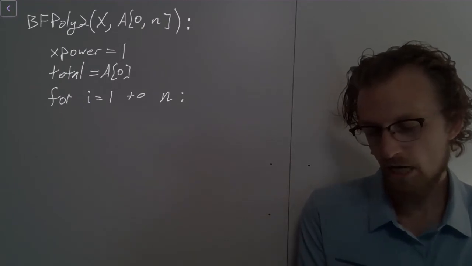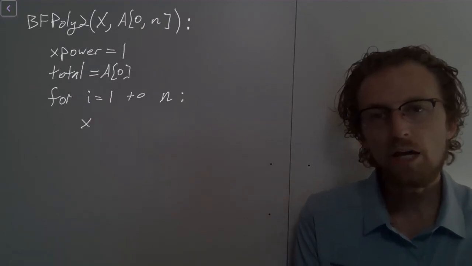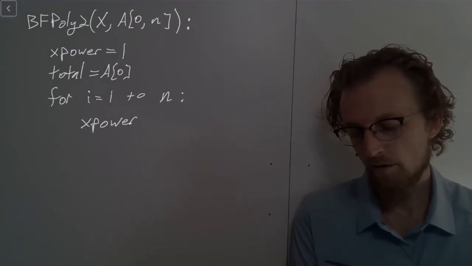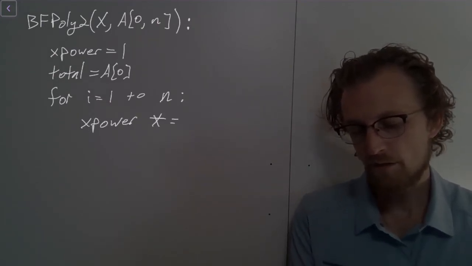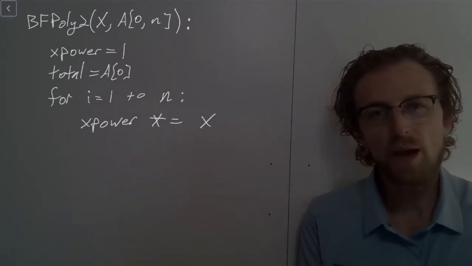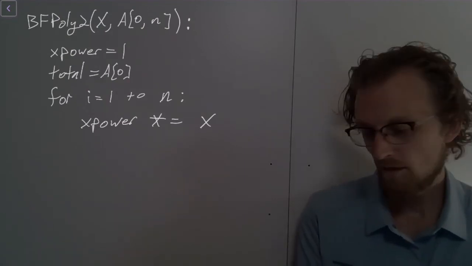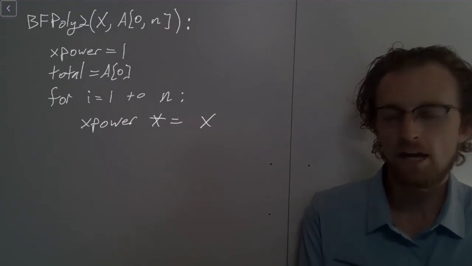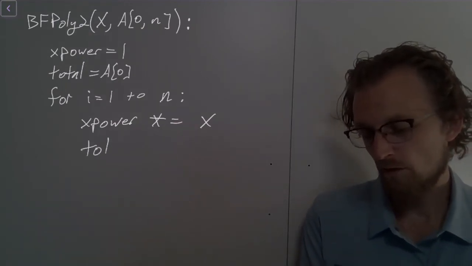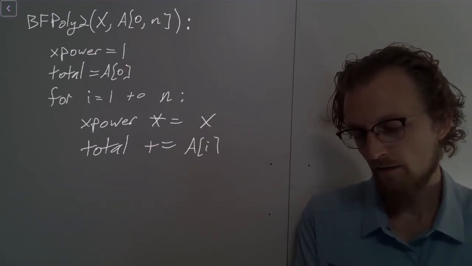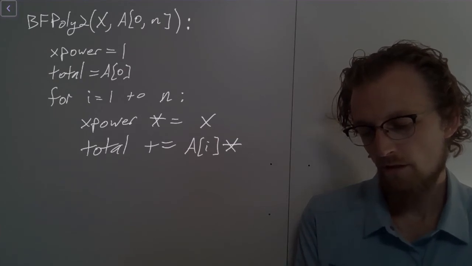So what I'll do is multiply on another x to my x power. So x power times equals x, right? So now I've just incremented the power on my x, and then I'll multiply that onto my coefficient and add that to the total. So then total plus equals a_i times x power,